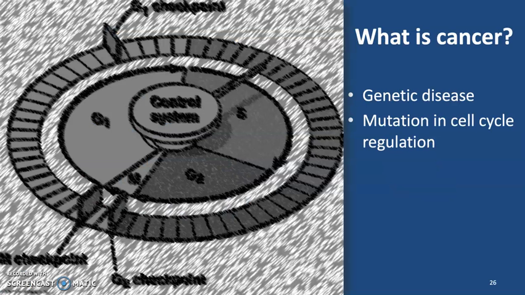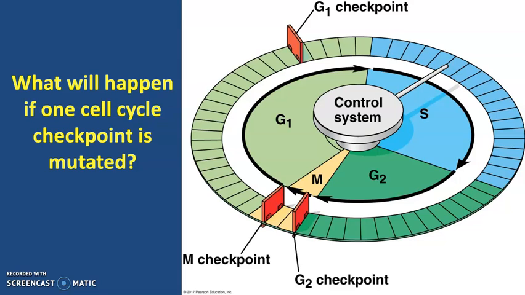So what is it? Again, it's a genetic disease, so it's a change to genes, and specifically, it's a change to genes that help to regulate the cell cycle. So here's our pretty picture of the cell cycle, but it's been distorted because we've had many mutations that have now taken away the control of the cell cycle. So one thing to think about is what happens if we mutate or we remove one of the checkpoints in the cell cycle. If you take a look at this graphic, it's pretty useful for this kind of thought process.